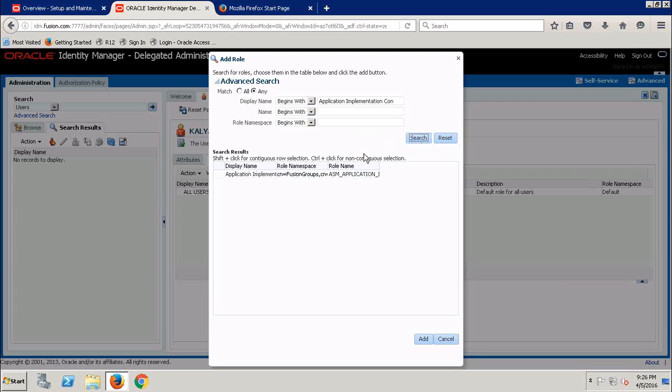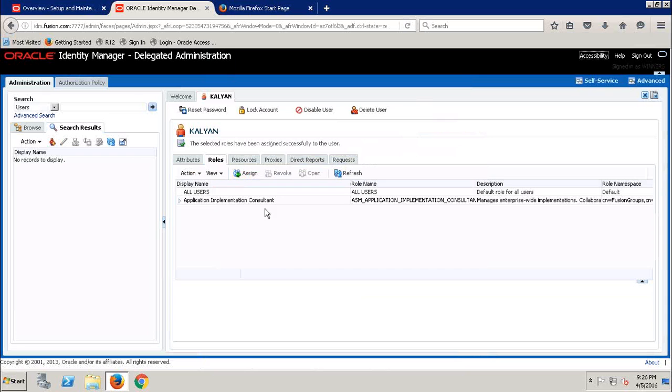To see the complete display name of the role, you may drag a little to the right. Now you can see the role, Application Implementation Consultant. To assign this role to this user, just click on this role and then click on add. This role will get assigned to this user. Okay, the role is assigned, and we'll assign other roles also. Again, click on assign,